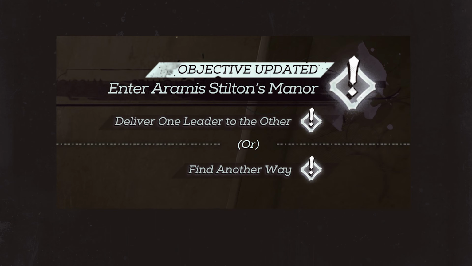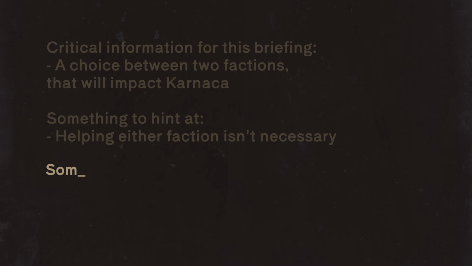We tell players that they can either deliver one leader to the other, as Megan suggests, or they can find another way. This provided the right balance between all players understanding what this mission is fundamentally about, while also telling more discerning players that there's a lot more to find in this mission if they take the time to explore and experiment. And finally, there was a huge thing that we didn't want to tell players about at all,